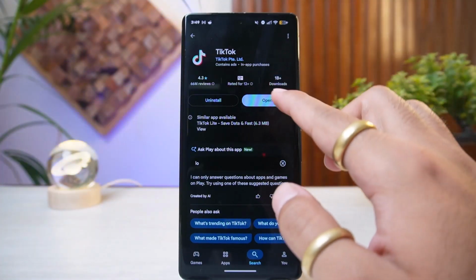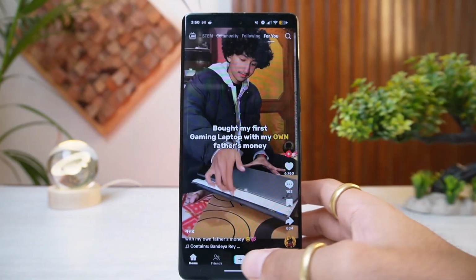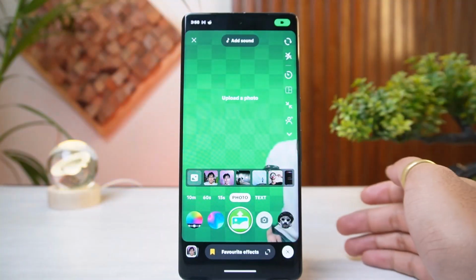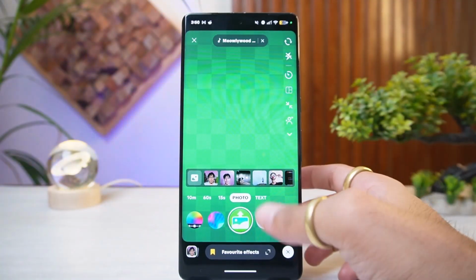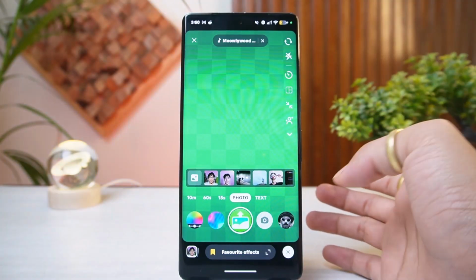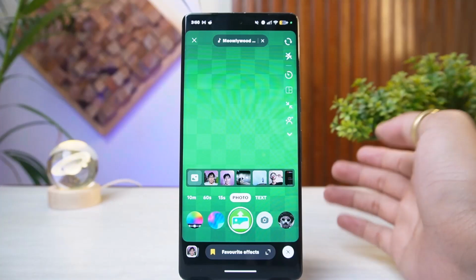Go ahead and launch the TikTok application on your device. Now you simply have to tap on this plus button from the bottom navigation bar. Now all you have to do is switch to the live option from this upper panel if it is available. Now once you tap on the go live option, all you have to do is, once your broadcast begins, tap